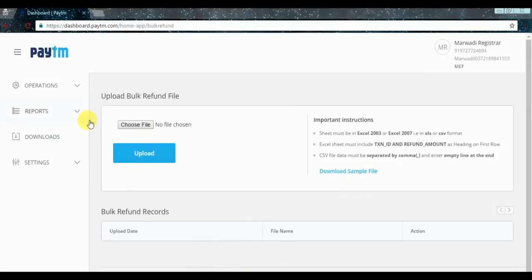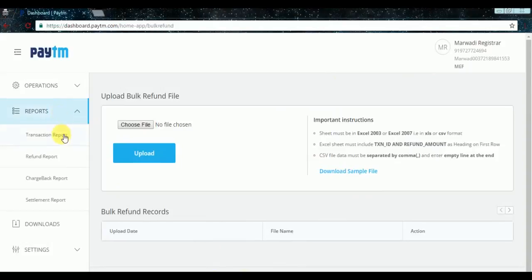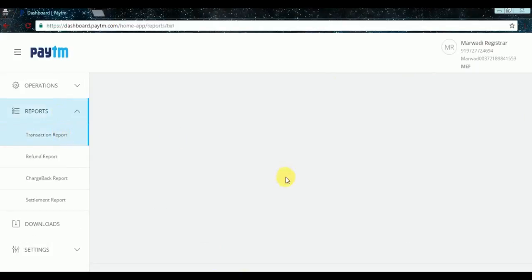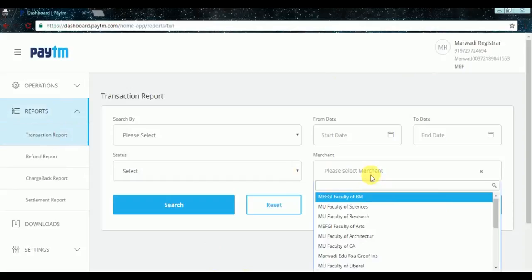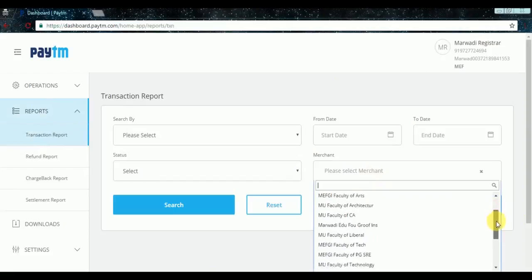How you can view the transactions of a particular sub-account. Inside report section, transaction report. Now here you can see we have an option to view the status, the transactions of multiple sub-accounts.